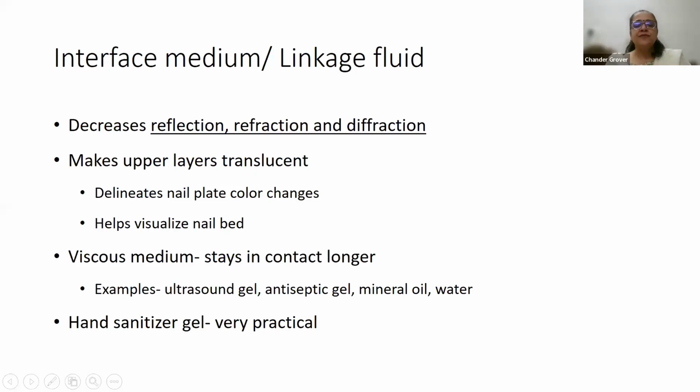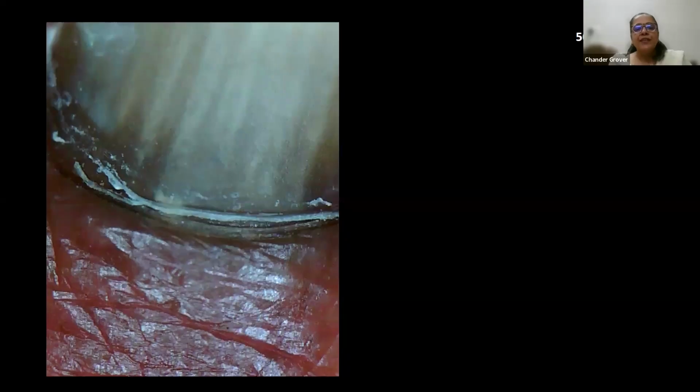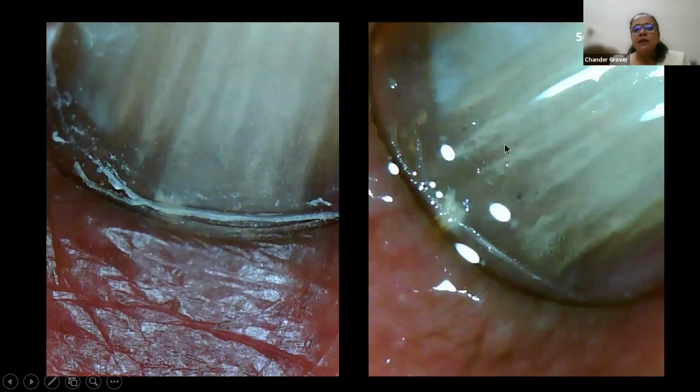What do we use as a linkage fluid? We commonly use gel-based hand sanitizers, without those dots or colored balls, a transparent hand sanitizer. COVID has helped us a lot because patients are very conversant with the use of sanitizer. They feel rather happy that you're using something before touching them. And it gives you a very good field of view. A hand sanitizer is always available on your table. So when you see with the polarized system, you see the clear margins of the leukonychia. The pattern is visible, whether it's a dendritic pattern or what kind of pattern is there.